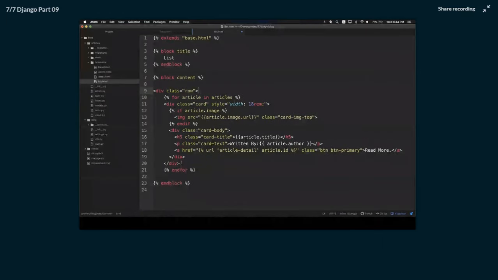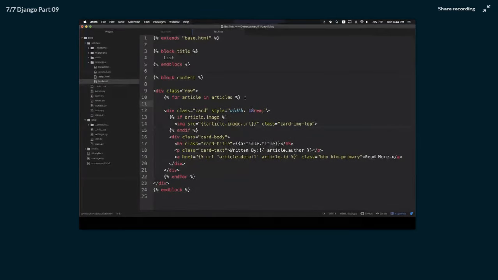I'm going to wrap all of this, all of the for loop inside a row. Okay? And each card will take a column. So inside